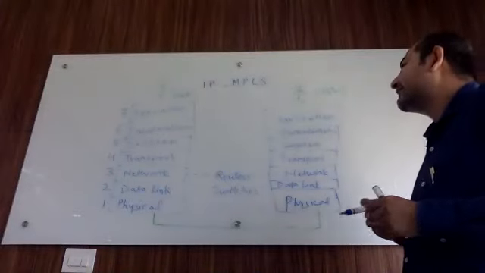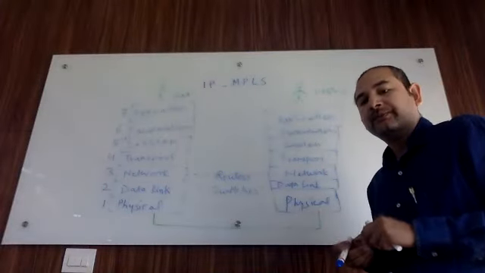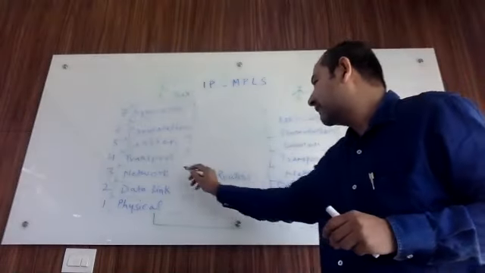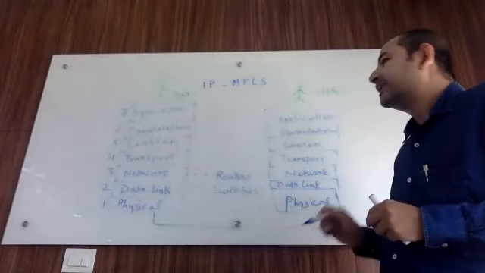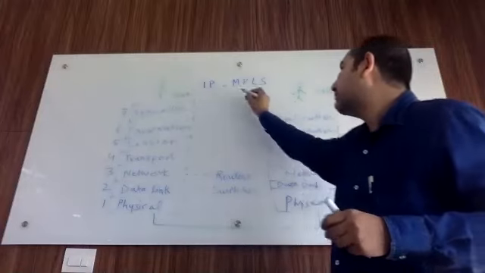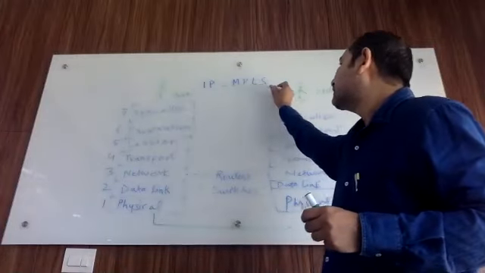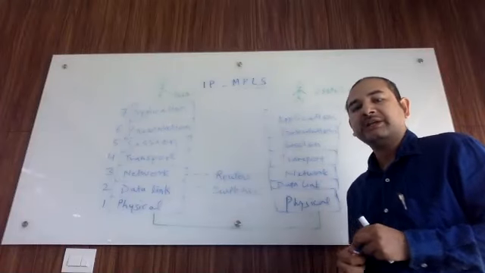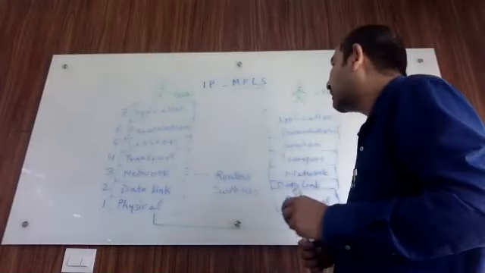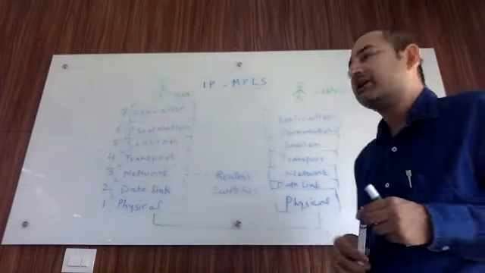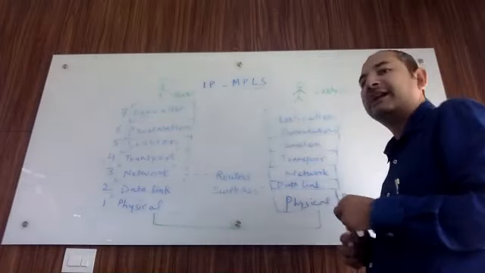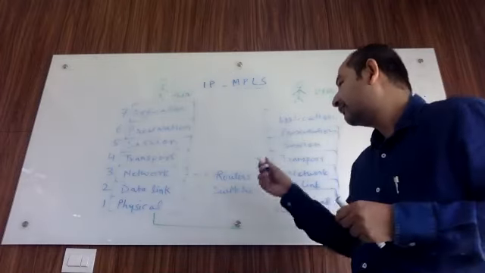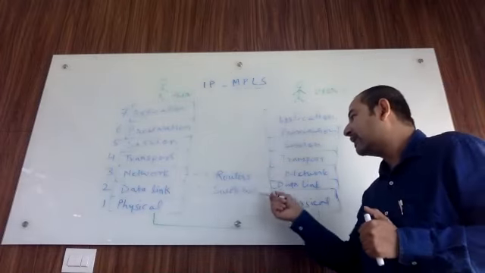Now we will discuss a technology which works in between these two layers, layer 3 and layer 2. This technology is called MPLS. It started somewhere in the 90s, I would say early 90s. People started using MPLS, and it makes use of the good points of the switching layer as well as the